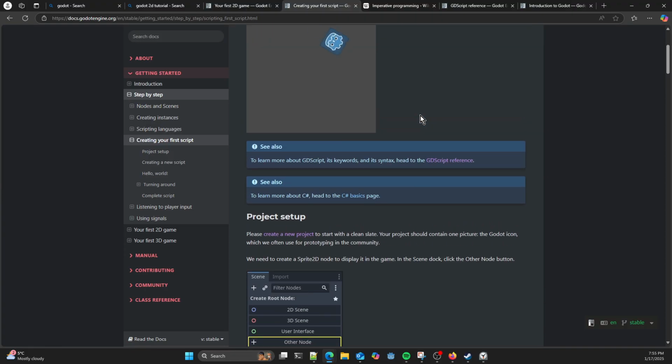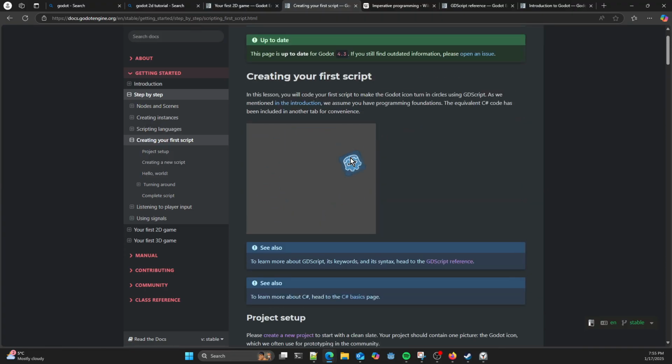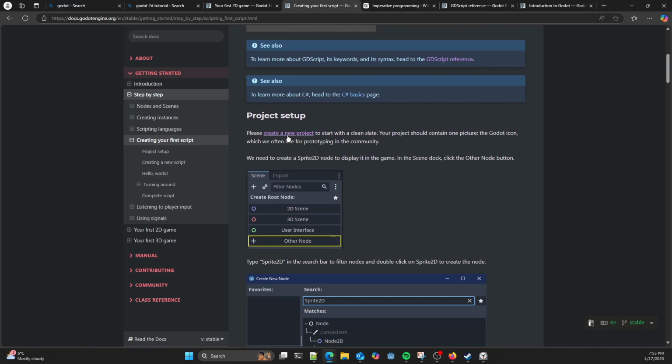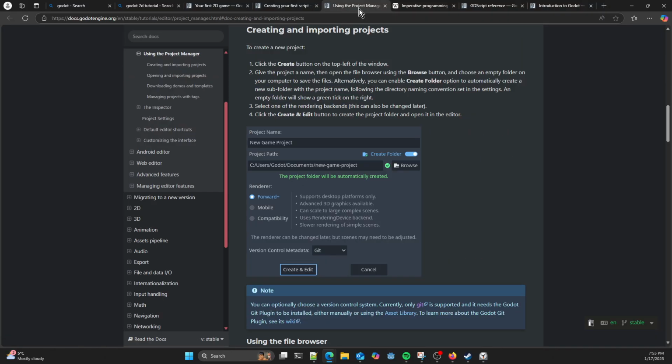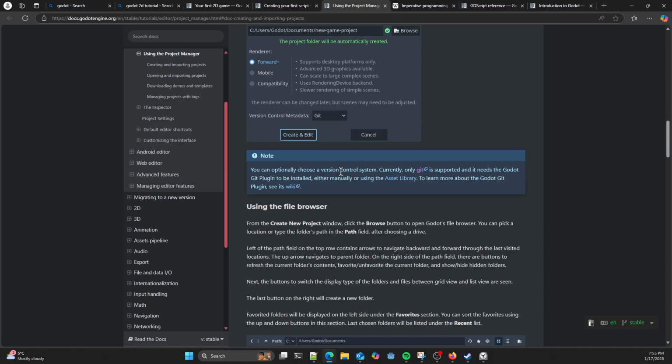Right. So that's what we're trying to achieve. I'm moving around in a circle. Or sprite, should I say, moving around in a circle. So what we do is we create a new project. And it's fairly straightforward. We will start that from Steam and follow the options that are on that link there. It's very, very easy to do.